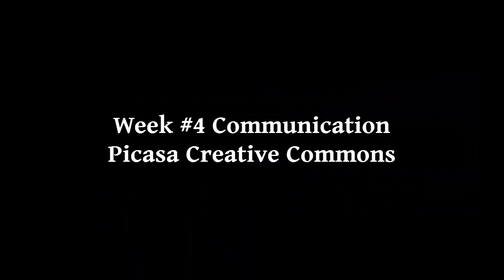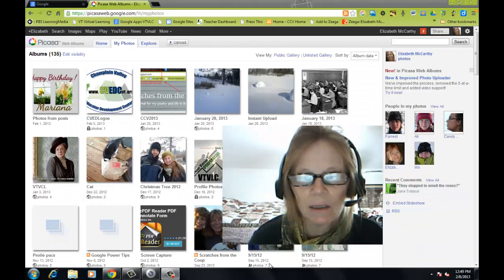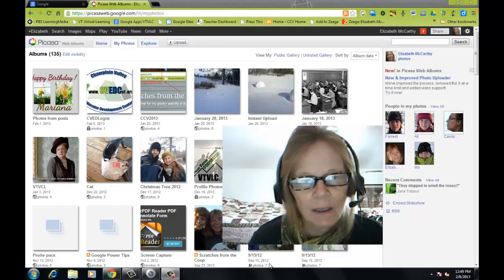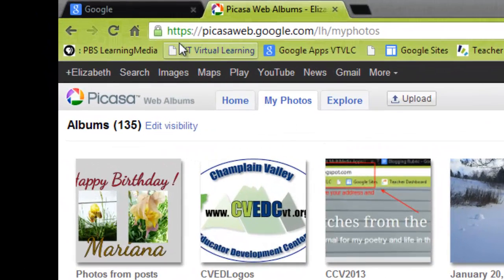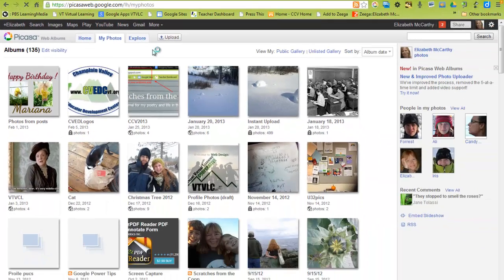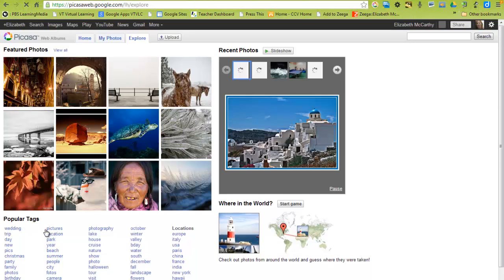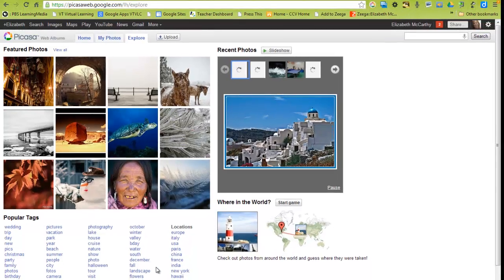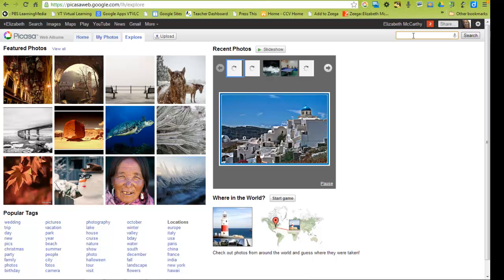Here's a quick tip in finding an image in Picasa in the Creative Commons. Again, I've logged into picasaweb.google.com and I'm on My Photos. But if I go to Explore, and in Explore I have down here, let me just type in, say I'm